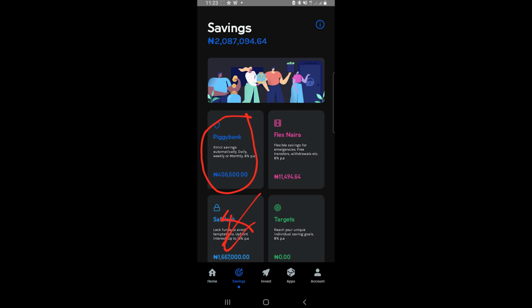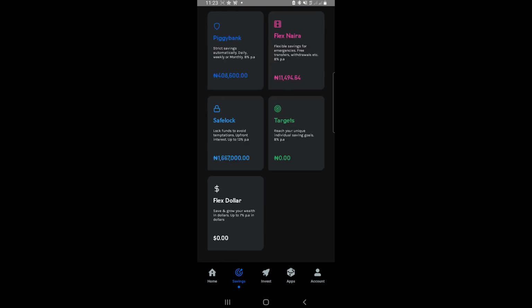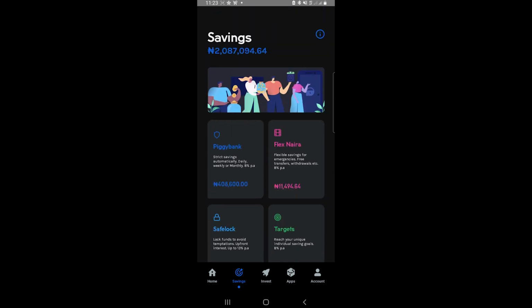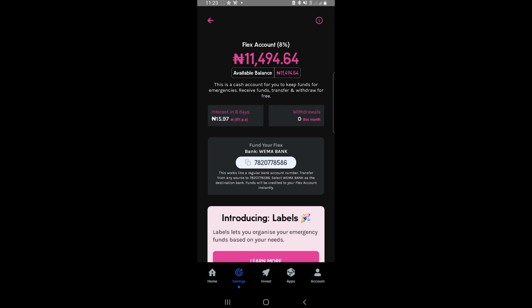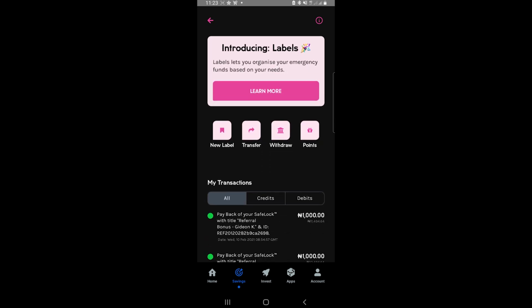Now if you come, okay, I'm just going to go down. Okay, come here. So I'm going to click on this Flex Naira. Yeah. So I click on this place. Now this is the amount that I can withdraw. This 11,000 has matured for me to withdraw, and I can withdraw it right now if I want, and I'll withdraw it in this video so that you guys will see exactly how this is done. So I'm just going to come down to withdraw right here. So I'm just going to click on withdraw,